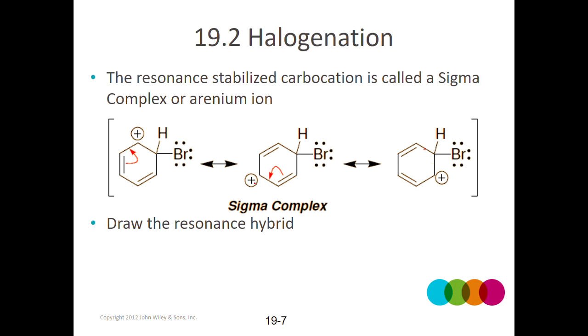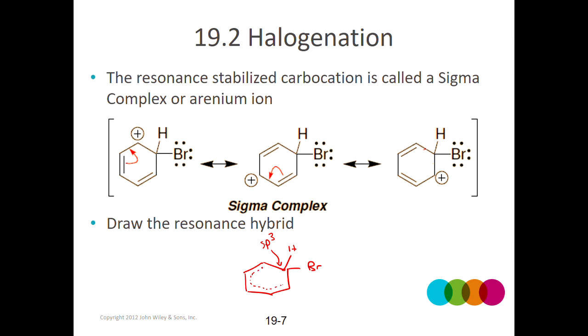And as that occurs, it'll shift the positive here. Then this pair of electrons can shift there, and as that occurs, it'll shift the positive there. So we'll end up with a resonance hybrid that would look like this. So we would show all of the positions where the electrons are spread out over with a dotted line. That does not extend all the way around the ring because here I've got an sp3 hybridized carbon. So there wouldn't be a p orbital there to overlap to extend the resonance, only on these other 5 carbons